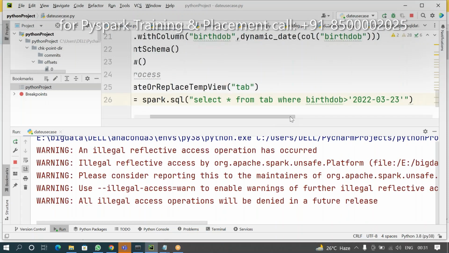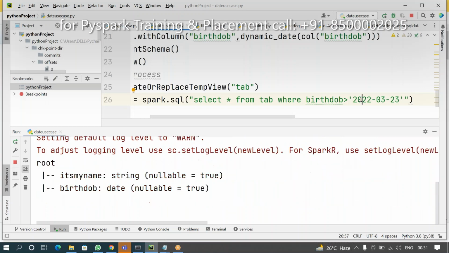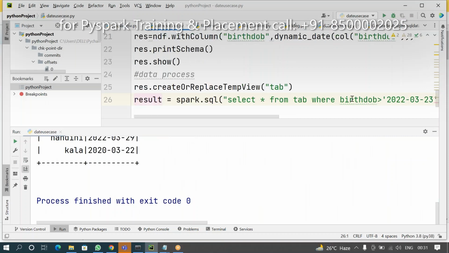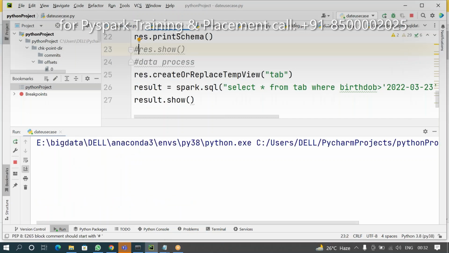In that way, especially data cleansing is very important. If you are not cleaning this data, at that time it's not working. If you want to try that, sorry, one more mistake. Okay, now this is correct.